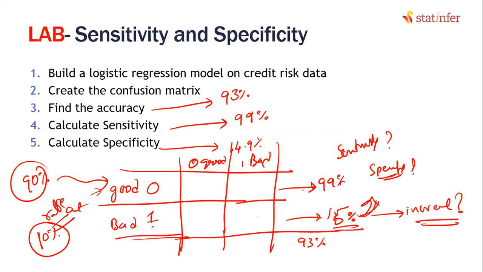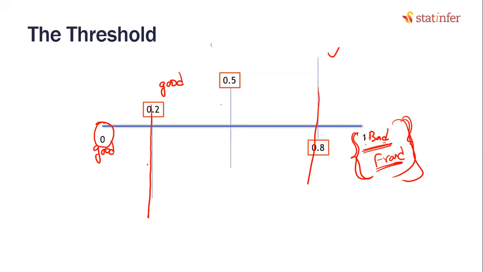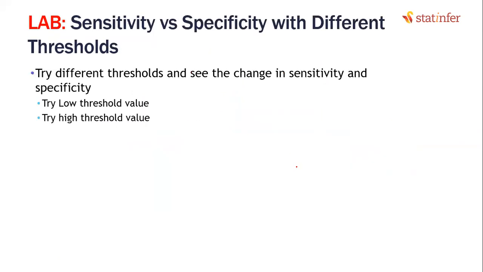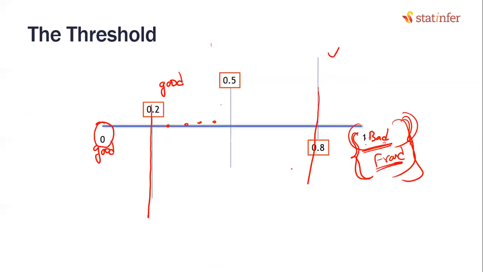That means you have built the model. You cannot do anything right now. You have used all the data, you have built the model, but finally at prediction time, there is a small adjustment that you can do. What is it? You can reduce the threshold so that the probability of class 1, even though there is a small chance of finding it, will increase. That means this 15%, if you want to push it up, you can reduce the threshold. If you want to increase the sensitivity, you can increase the threshold.